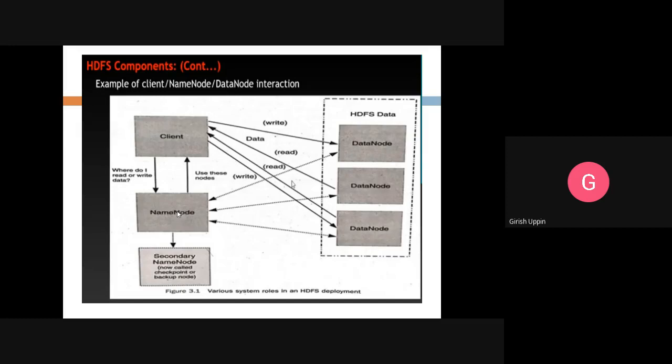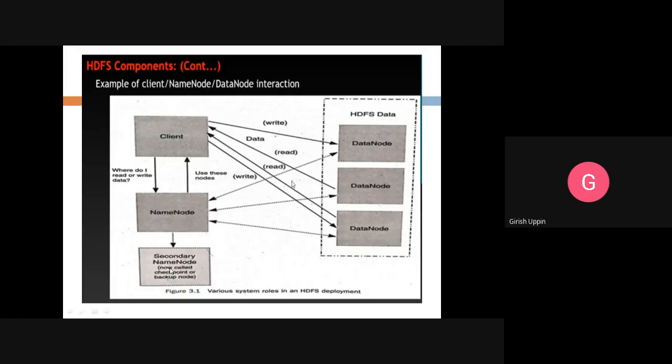So what blocks, what data nodes, what information is stored, and what is the mapping, all that information will be with the name node in the memory, and also that information will be available in the fs image file, and there is an edit file which will have all the changes.